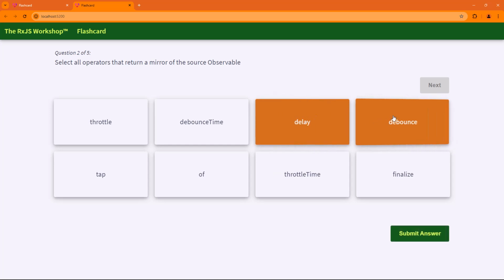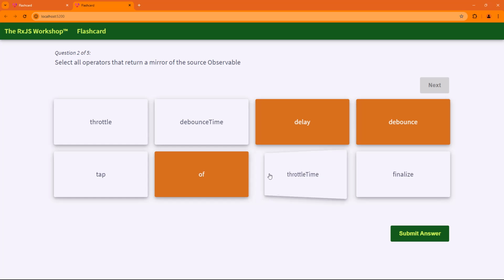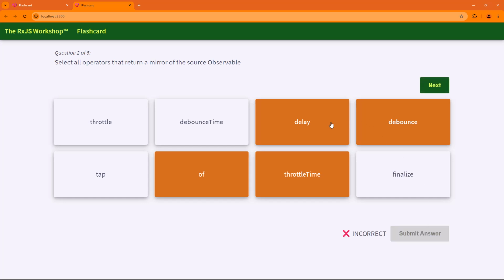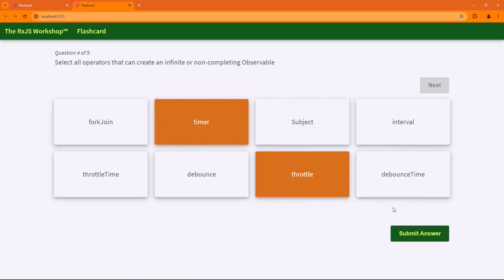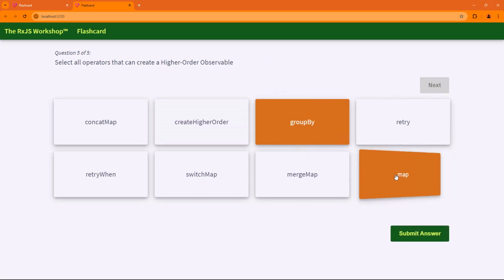And again, the user can hover over and click their answers. And once they've clicked all of the selections they think answer the question, then again, they can submit their answer. And the user can proceed through the test until they reach the very last question. Upon reaching the last question in the test, and notice we're on question 5 of 5, once the user submits